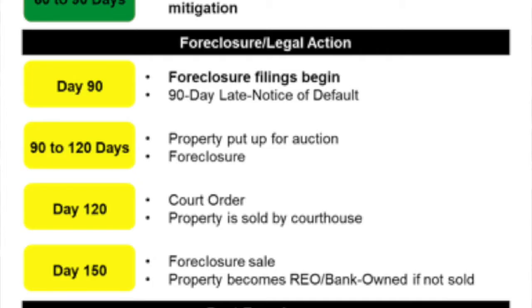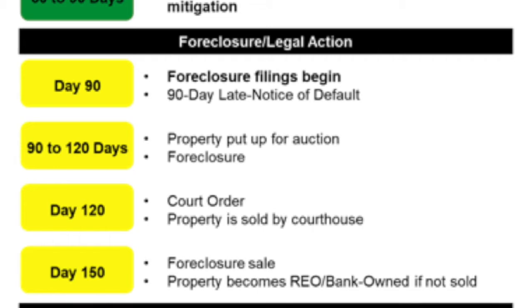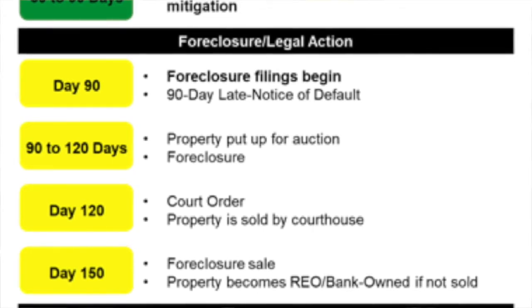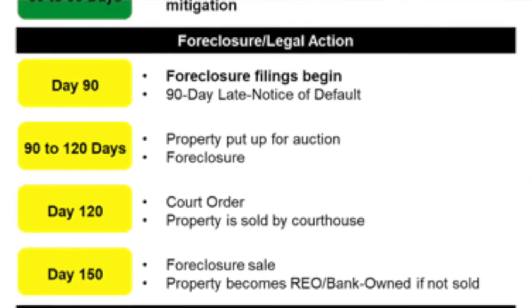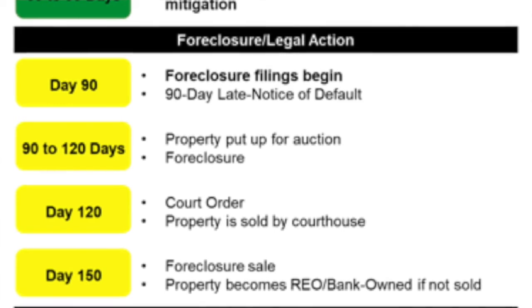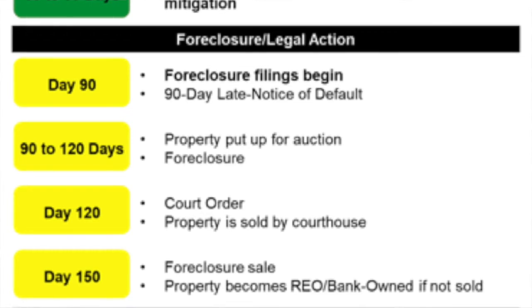Now let's look at the next bucket, which is the foreclosure legal action bucket. So 3 months in at day 90, the foreclosure filings begin, and you'll get a 90-day late notice of default. From day 90 to 120, the property can be put up for auction and foreclosure happens. Around day 120, a court order is provided and the property is sold at the courthouse, so that's about 4 months in, and about 150 days in, so 5 months, the foreclosure sale happens on the courthouse steps and the property